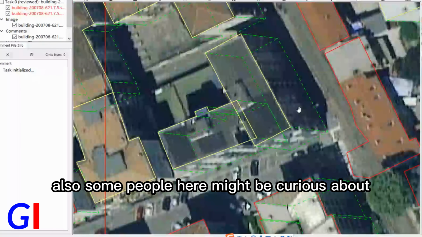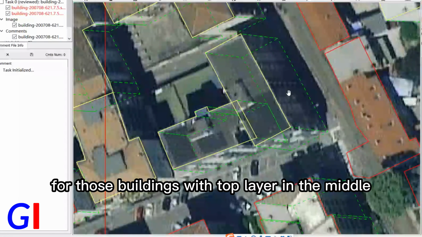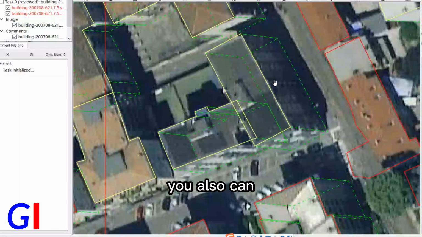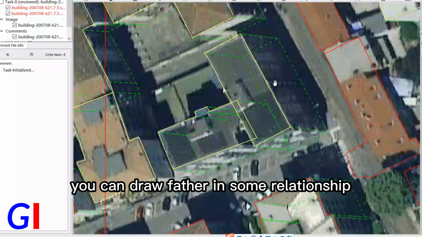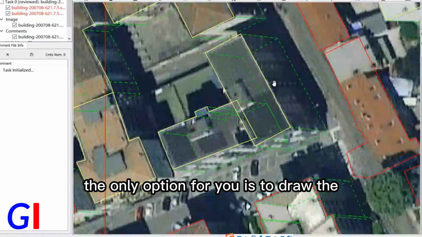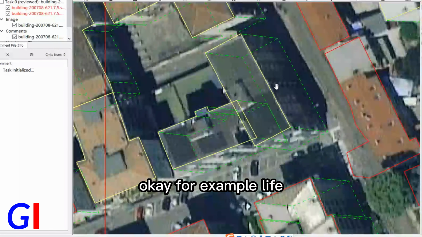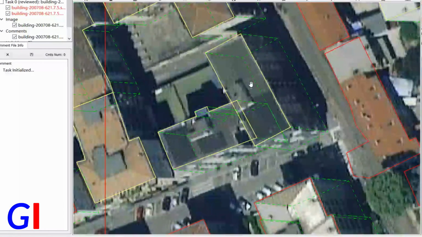Also, some people here might be curious about, then how about for those buildings with a top layer in the middle? You also can draw father and son relationship, okay? For a layer in the middle, the only option for you is to draw the father and son relationship, okay? For example, like for this building,